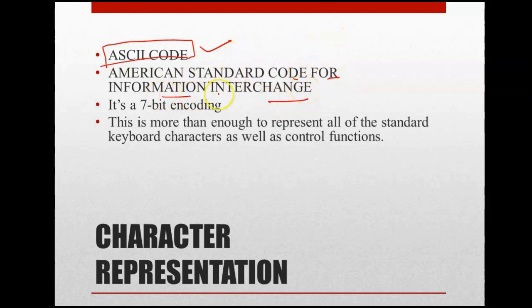So this is one coding scheme. All the characters we are working with have a different code value, so with respect to that code also, we can identify those characters. This ASCII code is a 7-bit encoding scheme. So when you write the coding of this ASCII code, it will be a 7-bit number, a combination of 0s and 1s, 7 of them for the representation of a single value. This is more than enough to represent the characters given on the keyboard.